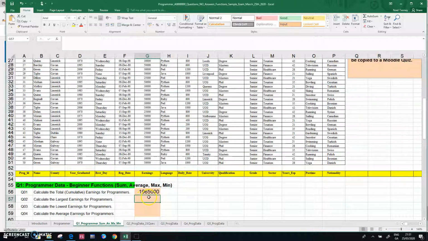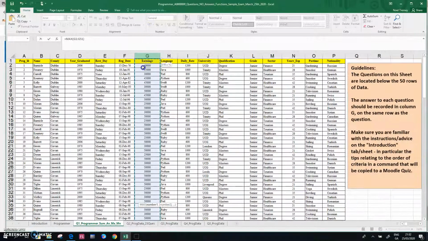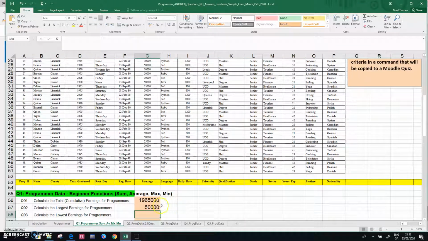So that's going to be the max. So I can go up again to the auto sum function and choose the max option from the list. And it initially targets the cell above it, but I want to choose the range of cells for all my 50 programmers, just like a moment ago, and get the maximum earnings. And then similarly for the minimum earnings,